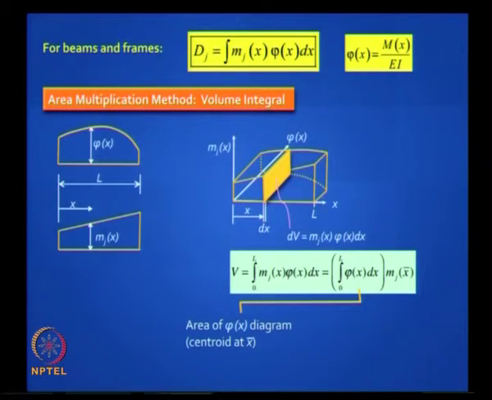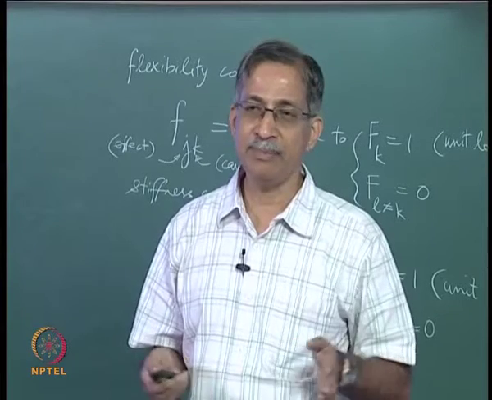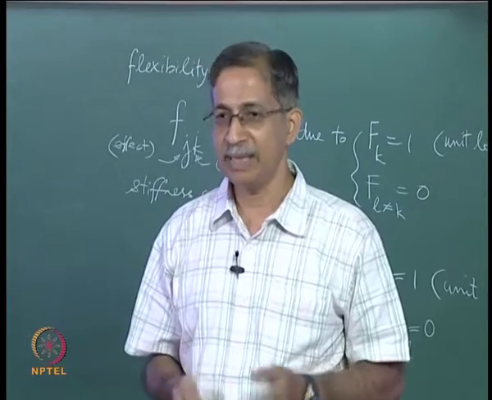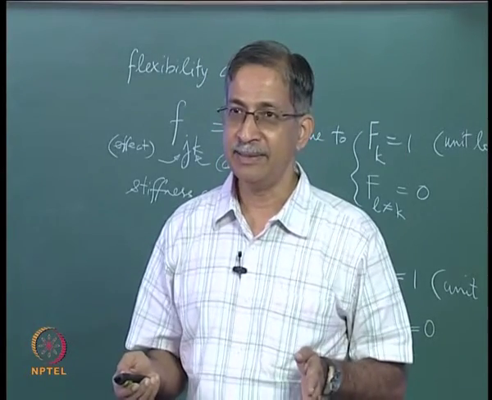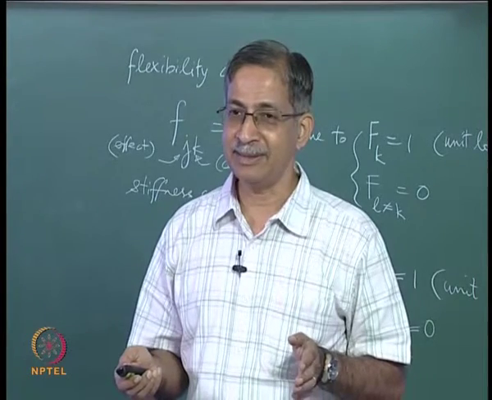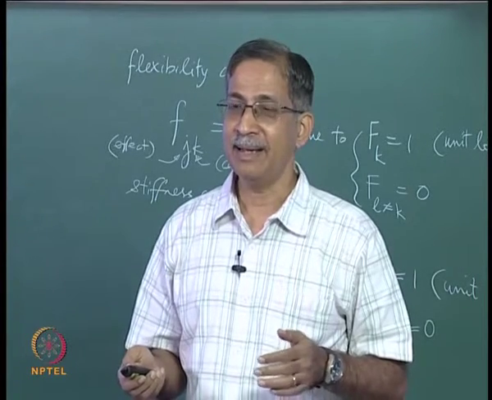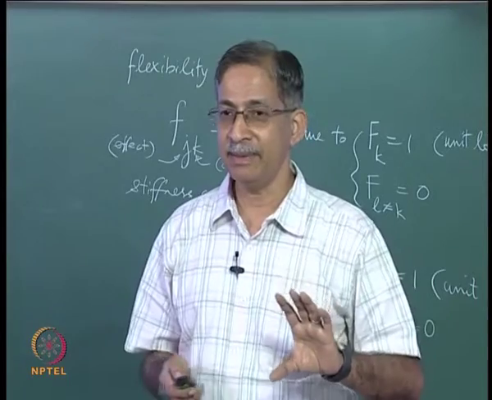You can do it in a simple way. If you have laid down the curved portion, you see the interesting thing is one of those lines will be straight. Which one will be straight? Mj will always be made up of straight lines, because in a beam when you apply unit load you get a straight line bending moment diagram. Mj is always straight, so it is necessary to realize that your ordinates should be linear.